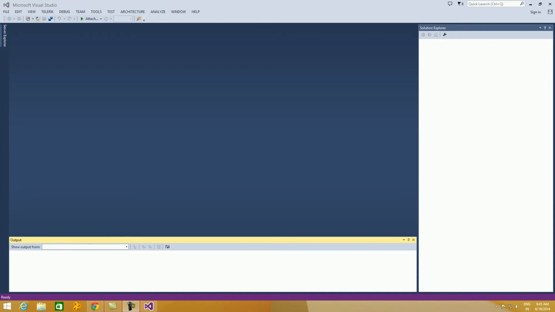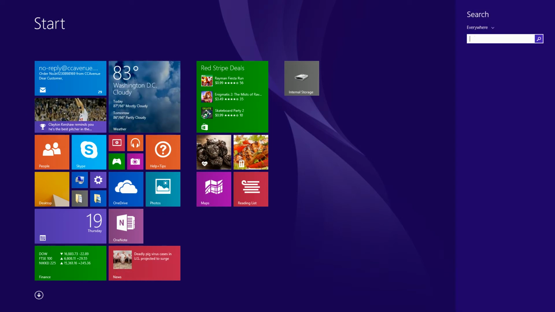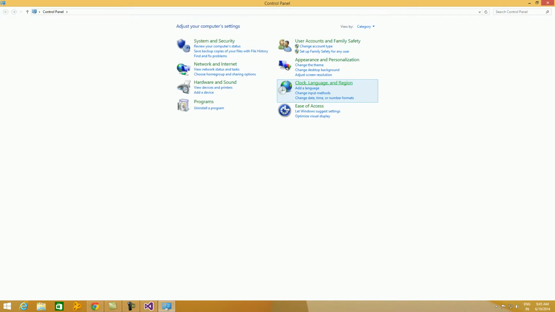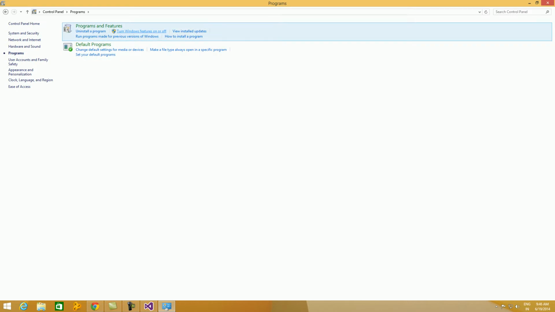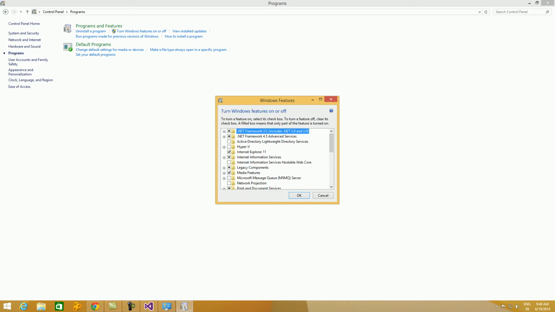So first of all, we'll see whether IIS is enabled or not. For that, we'll go to control panel, go to programs, go to Windows features on or off. So this is the Windows features dialog box. To enable IIS and ASP.NET,